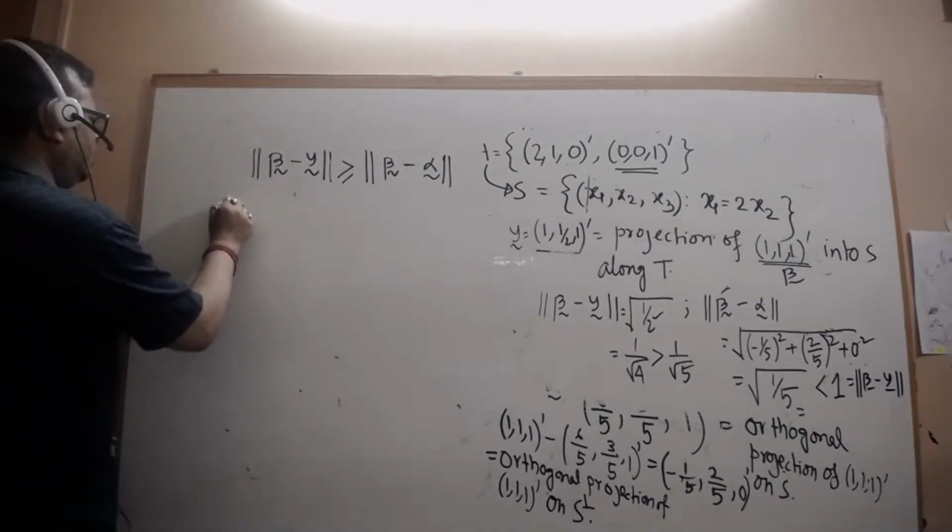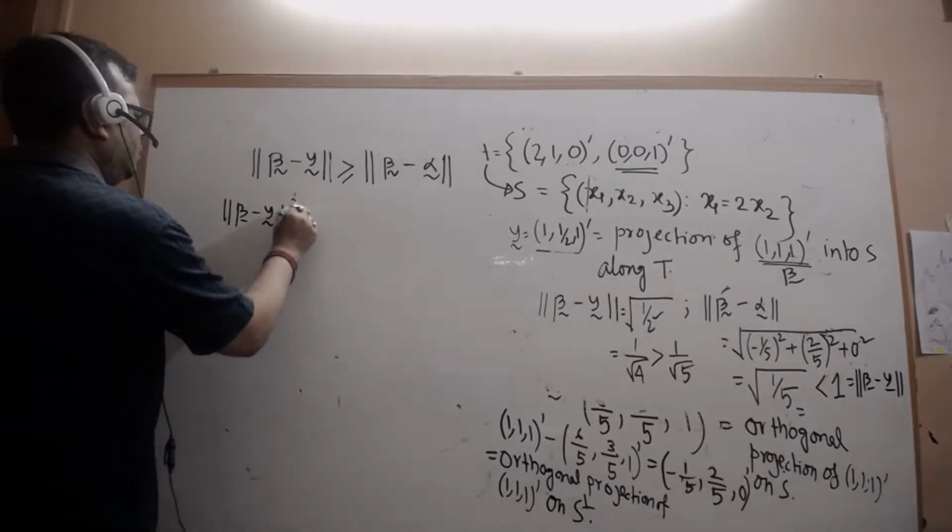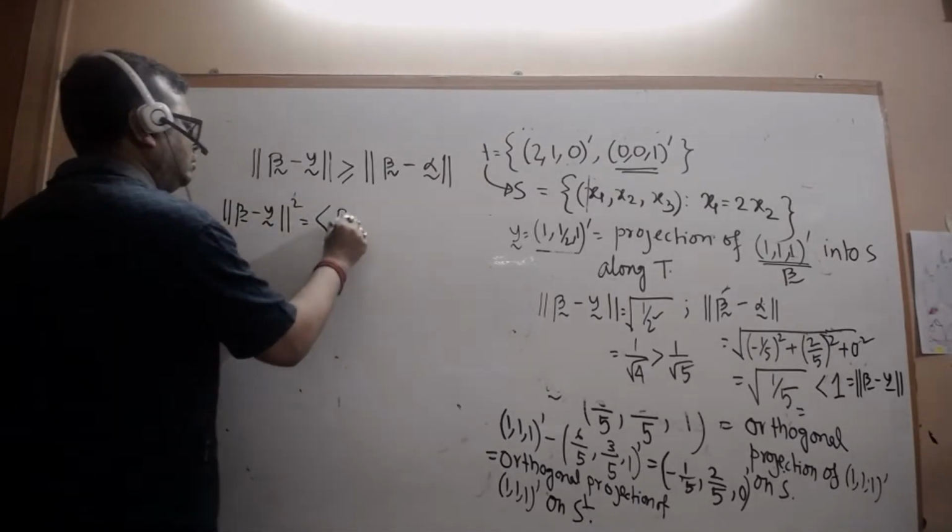Now start with beta curve minus y curve. So this is equal to